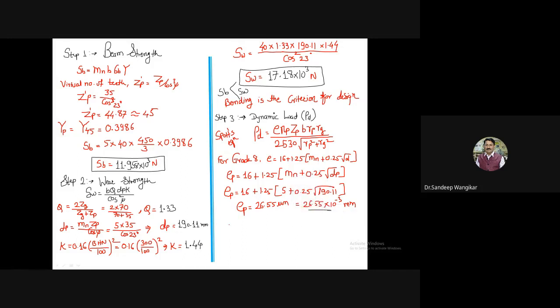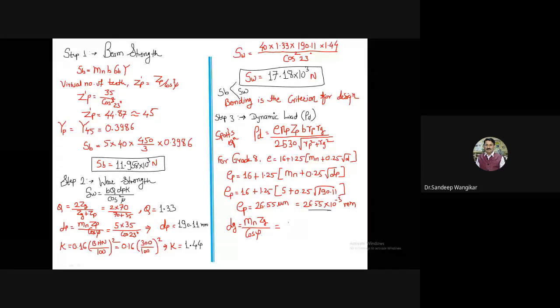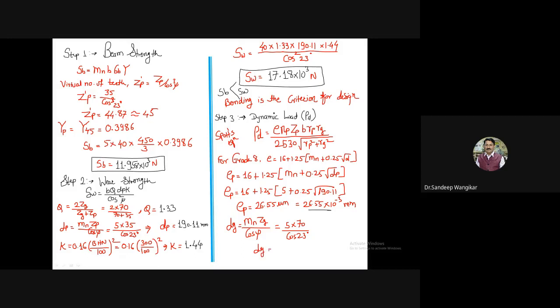Now let us go for EG. But before going for EG, we don't have the formula for DG. So I will calculate the diameter for gear: Mn into Zg divided by cos of psi, 5 into 70 divided by cos of 23 degrees. So let me know the value for DG. You will get the diameter as 380.23